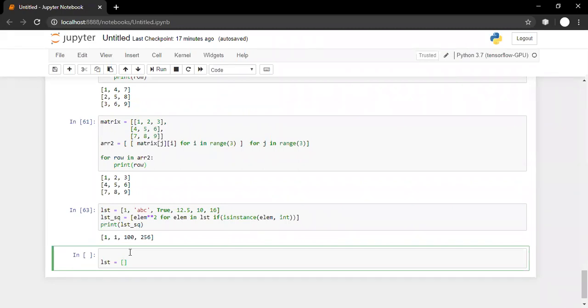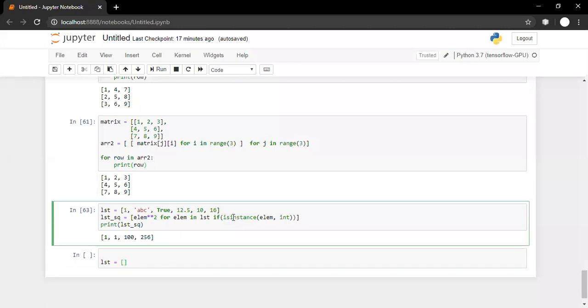But here it can be of any type, so in that case isinstance is a more appropriate method. Shubha Chauhan is saying that I should have written float over here. No, I'm very precise because my problem is to take the square of only integers. It is not mentioned that I should take the square of floating point numbers. It is only for integers. The problem statement was very clear.